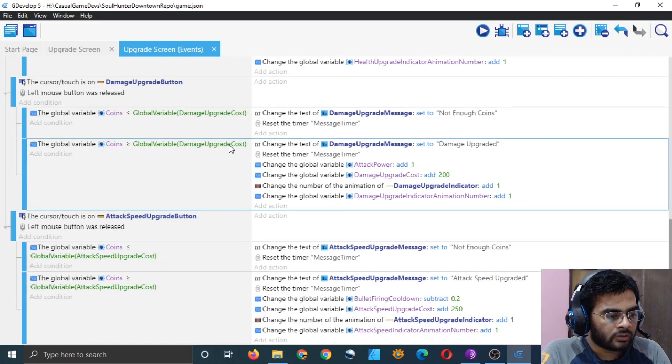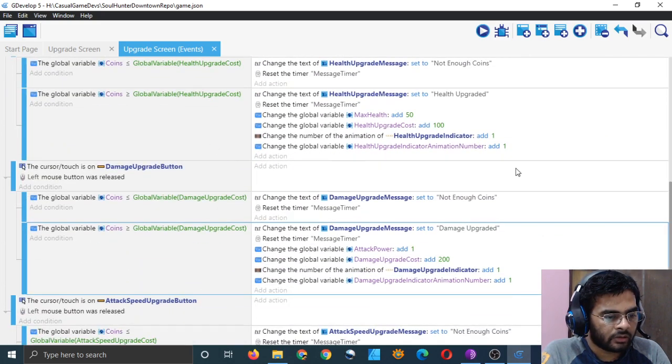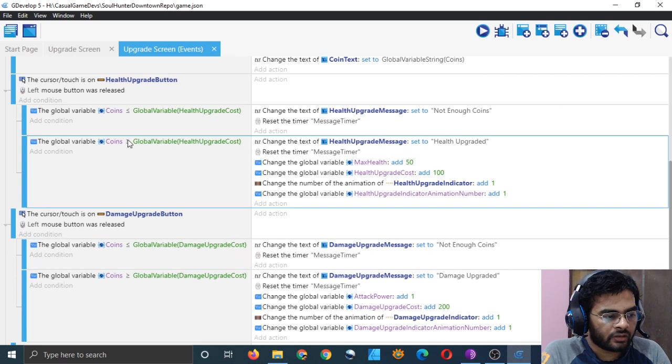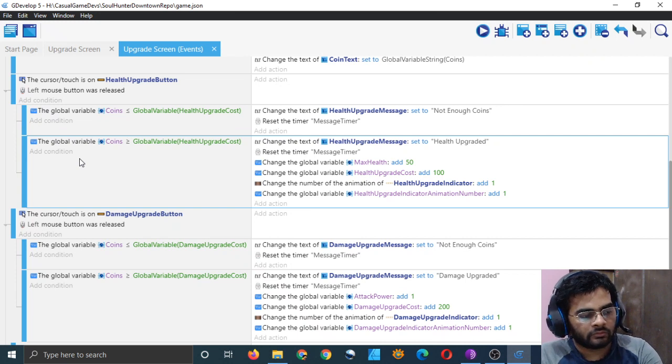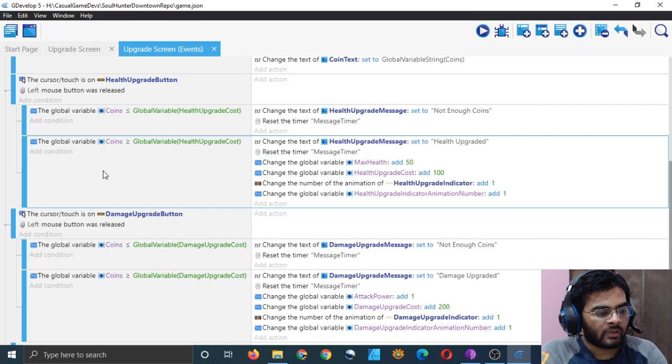So how do we do that? Let's first start with the health upgrade. We are checking, okay, coins are greater than global variable, cool, that's okay. Now we have to check, have we upgraded fully? You can add a condition here and check the animation number, right? So this may be true or false. When you add both the conditions, they may be true or false, but then you will have to add another condition,